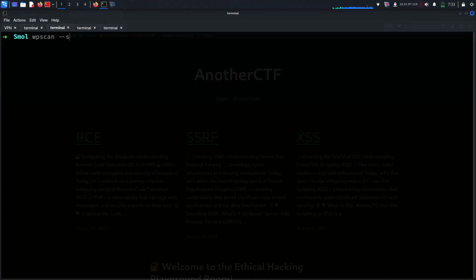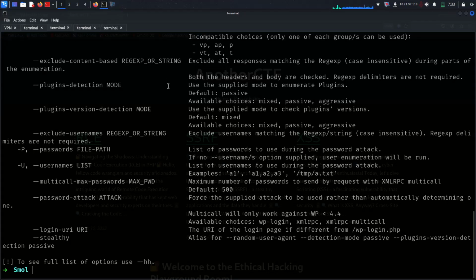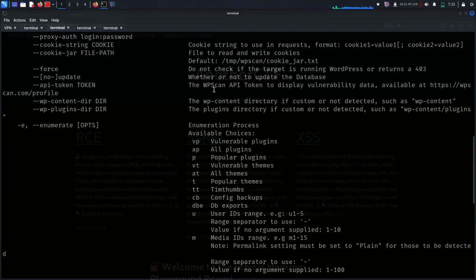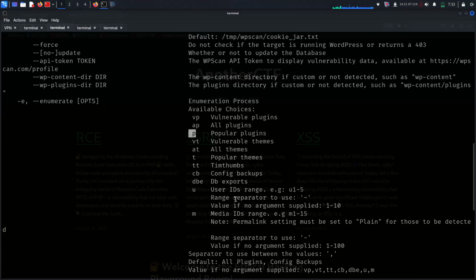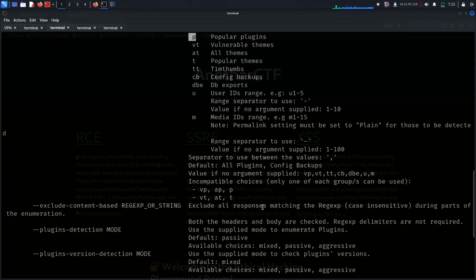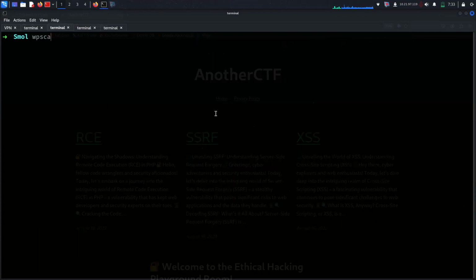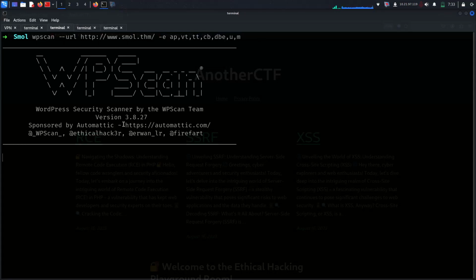I'm going to use wpscan --help, and it shows us what we can use for the enumeration process. It has -vp for vulnerable plugins, -ap for all plugins, and -p for popular plugins, or vulnerable themes, or database export, users, or something like that. The best is to use wpscan with -ap for plugins, and vulnerable themes or database export, usernames, and manage it. Then if you run it, it's going to show us the vulnerable